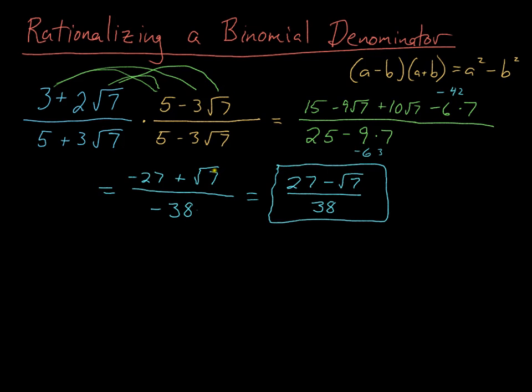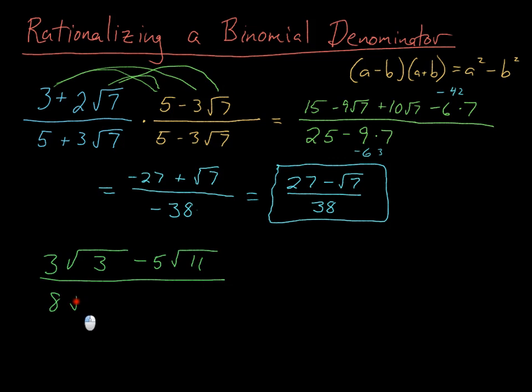So it's just like what we did before. The only thing is, since we had these two terms on the top, we had to do FOIL and combine our like terms. But that's pretty well it. So let's just do one more. Let's go 3 root 3 minus 5 root 11